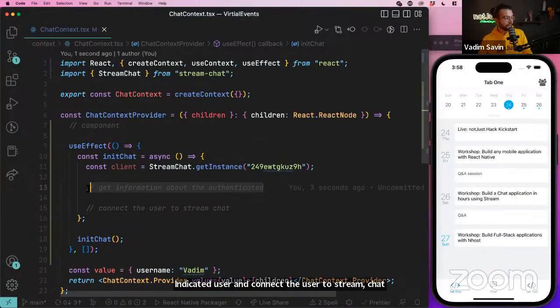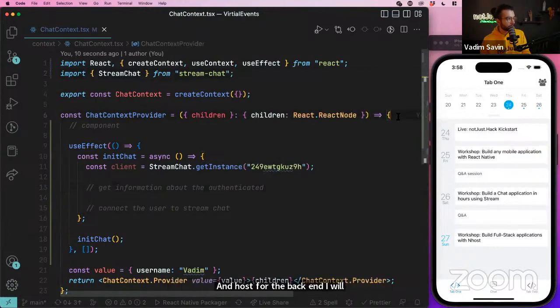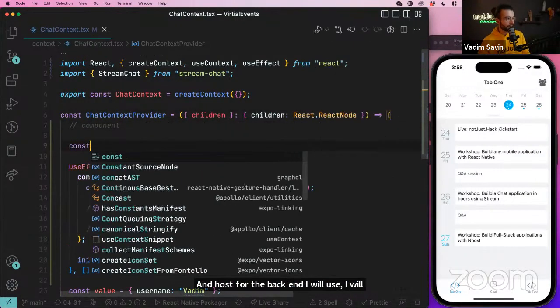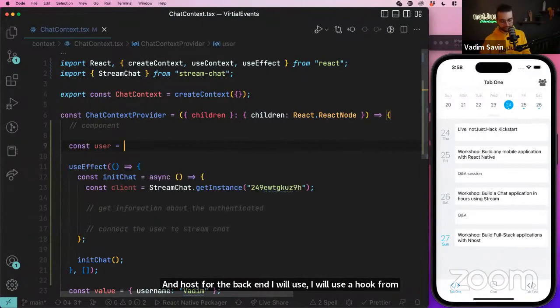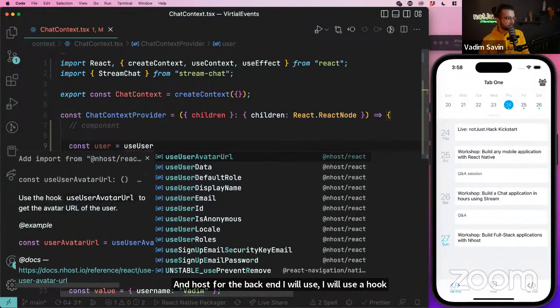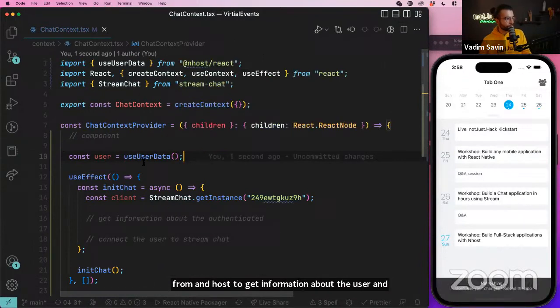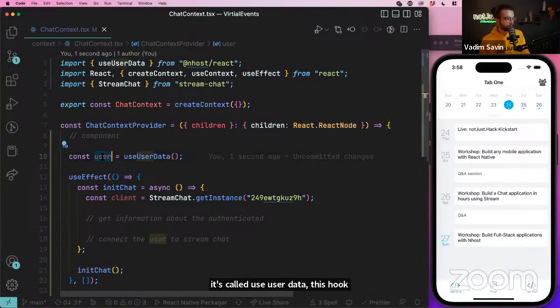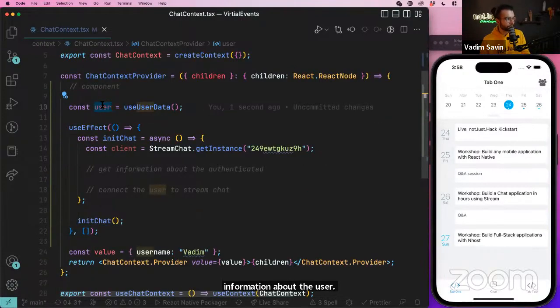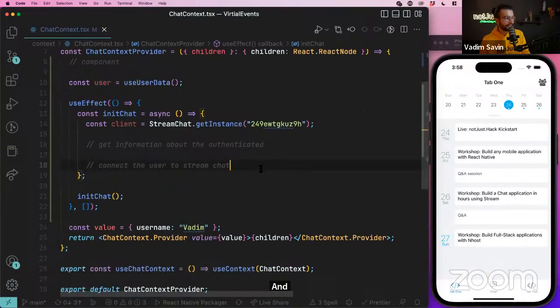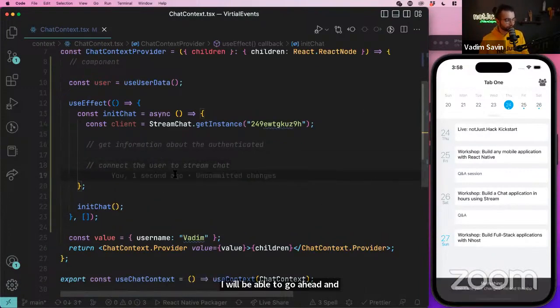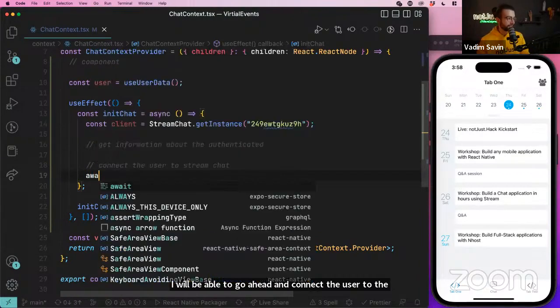Okay, in my case, because I'm using nhost for the backend, I will use a hook from nhost to get information about the user, and it's called useUserData. This hook will give me information about the user, and having this information, I will be able to go ahead and connect the user to the stream chat. To do that, we simply call